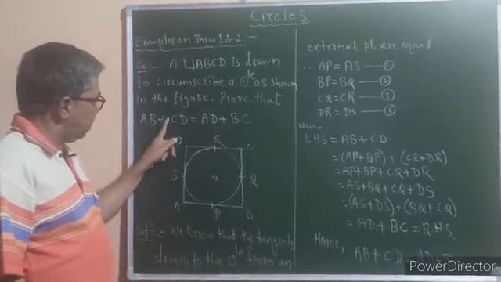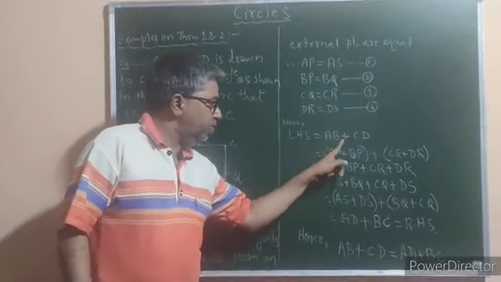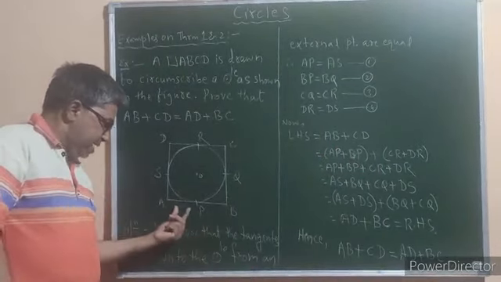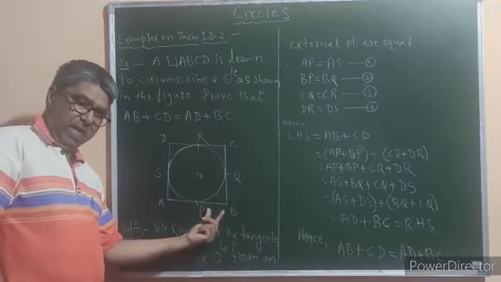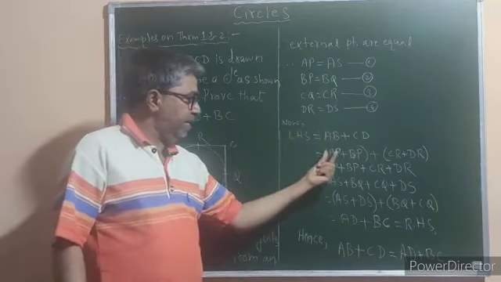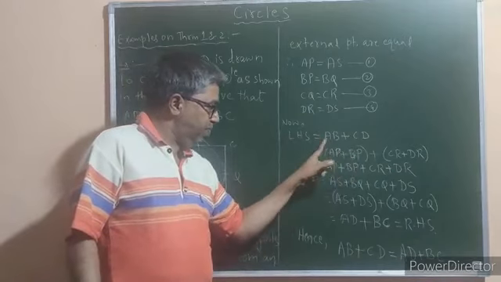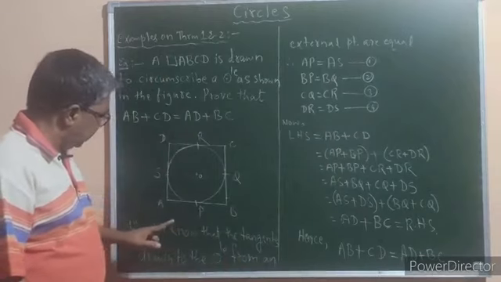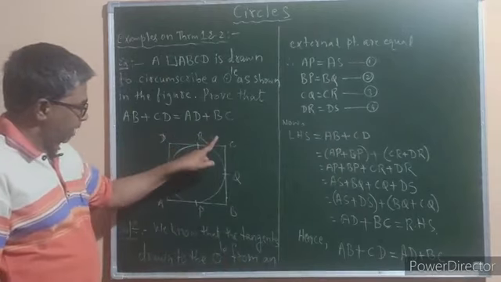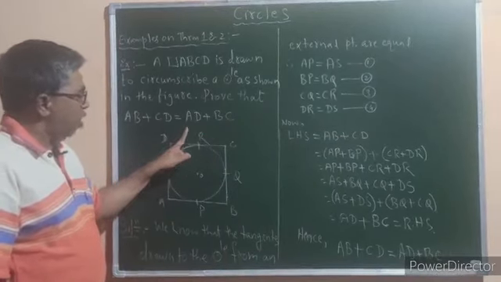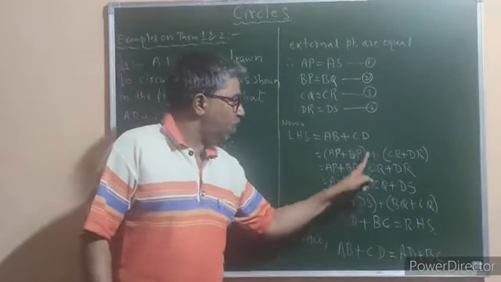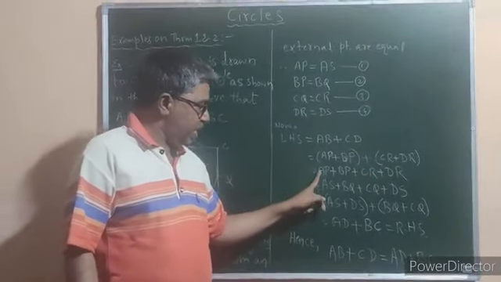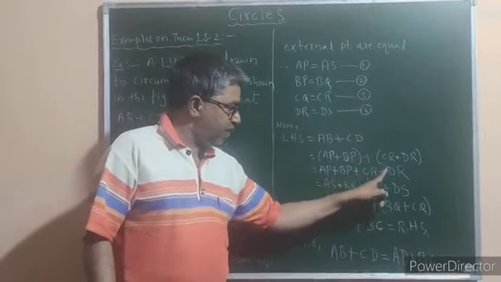Now let us take the left hand side of the statement which is given to prove, that is AB plus CD. So LHS is equal to AB plus CD. If you again look at the figure, AB is nothing but AP plus PB. Am I right? So replace AB by AP plus BP, keep it in bracket, then plus as it is. Again if you look at CD, CD is nothing but the sum total of CR and RD, or CR and DR. So in place of CD, let us write CR plus DR. Now remove brackets: AP plus BP plus CR plus DR.